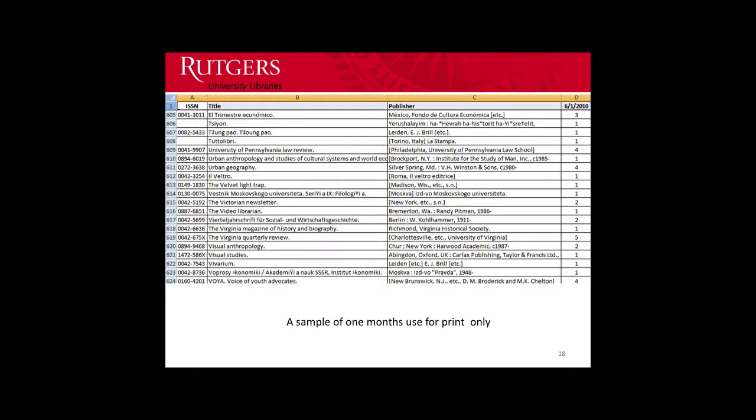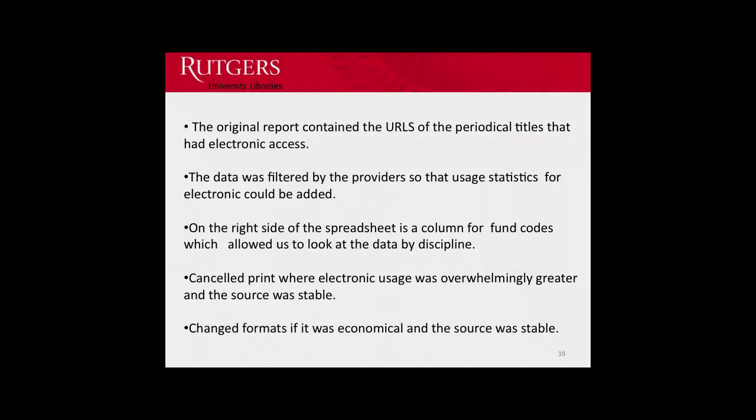We would get the title, the ISSN, and the number of uses for the month. The original report, as I mentioned, contained the URLs of the periodicals. Because it was in spreadsheet format, we filtered by the providers, all right, so that we could then go to our counter reports to get usage by that provider for these titles, and we added them to the report. So I'm going to show you that in a second, but